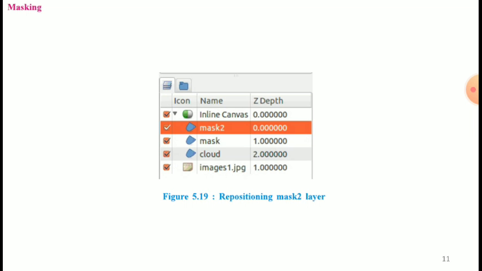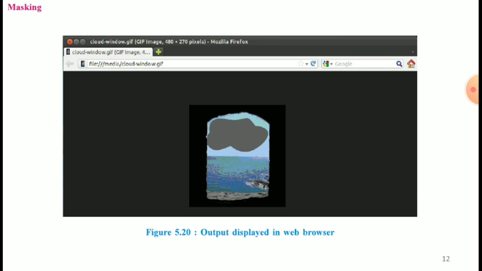Select the mask 2 layer from the layer panel, and in the parameters panel set its blend method to alpha over, and play the animation, and you can see that now the cloud moves through the window image. Save the rendering file, and figure 5.20 shows the output in the web browser.